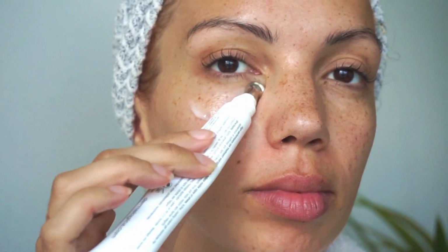Now let's talk a little bit about under eye creams that I like to use. There's this one by Dermalogica, and what I like about it is that I actually love the coolness of the tip here. It automatically feels like a refresher or a wake me up in the morning. So I'll put that underneath, and then I will just rub in the actual cream under my eyes as well,